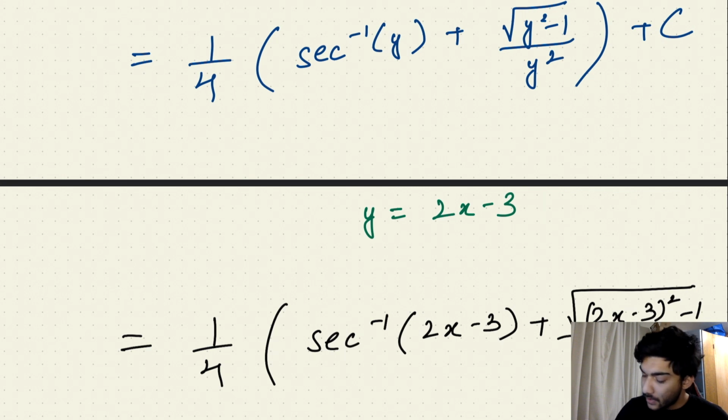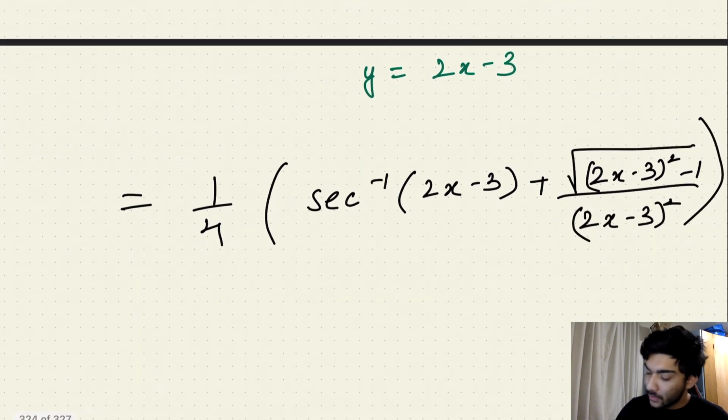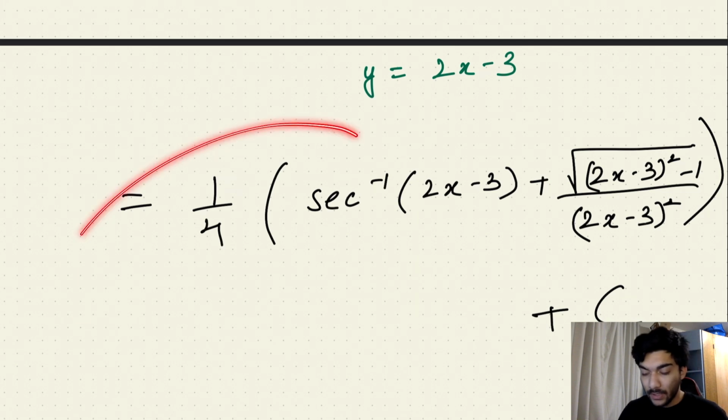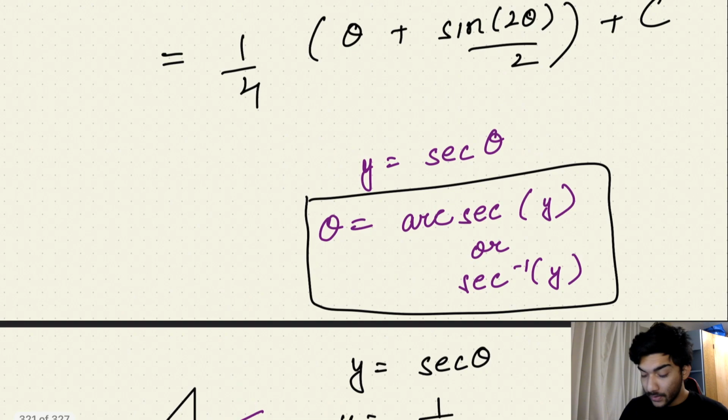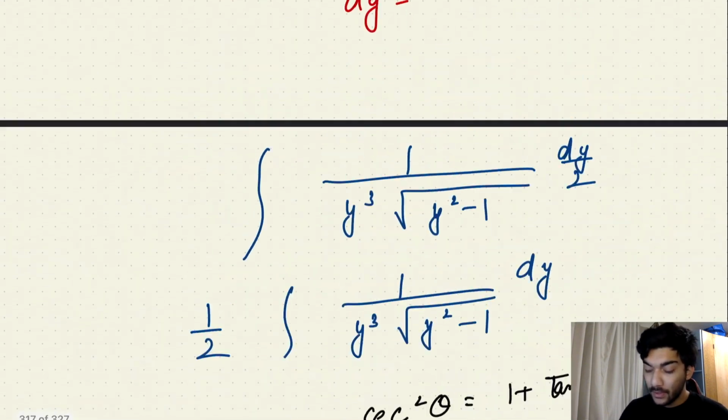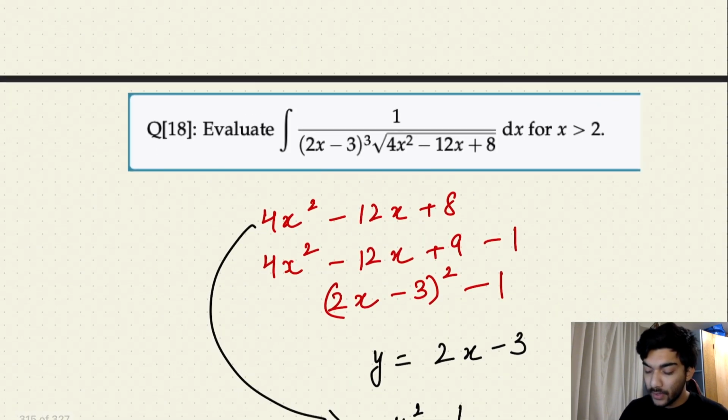Y is again (2x minus 3) whole square] bracket and then at the end the constant of integration, right? So this is your final answer to the integral of your original expression,